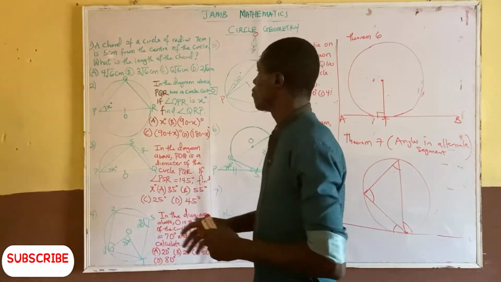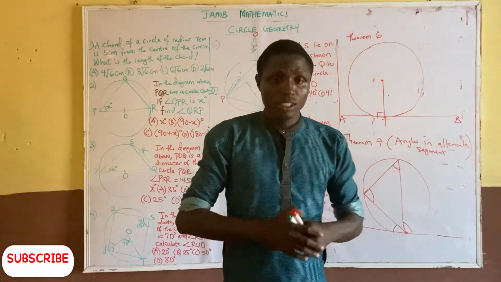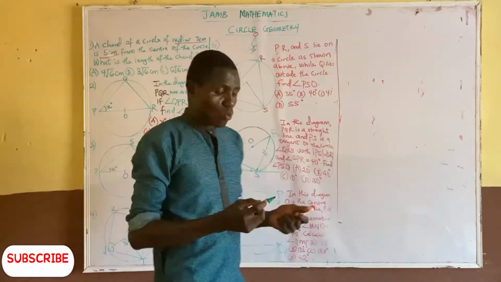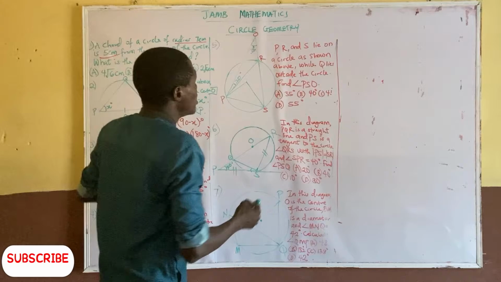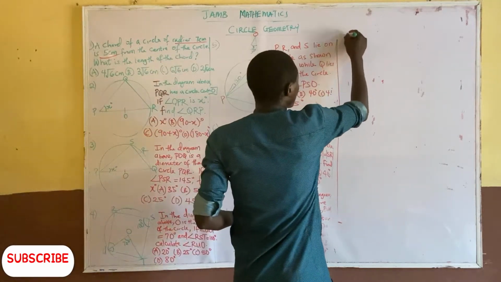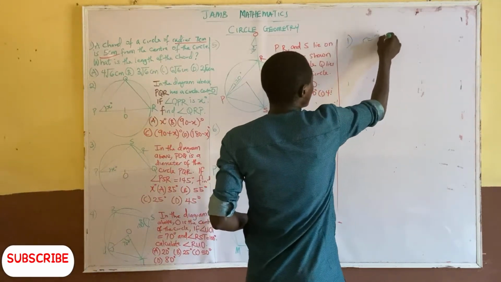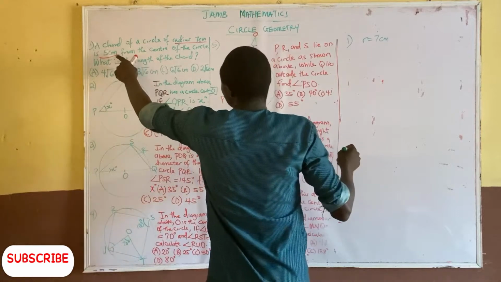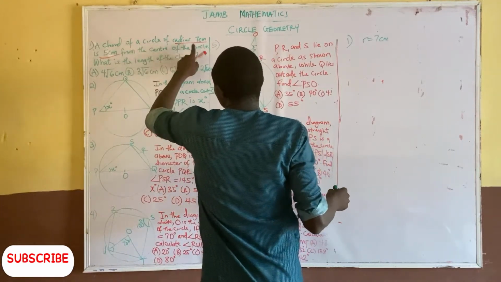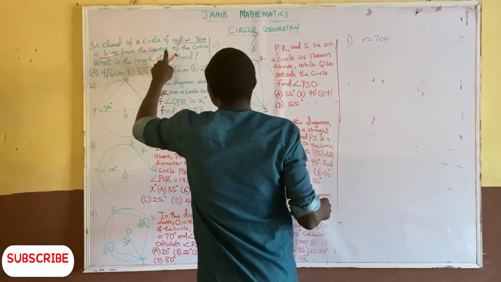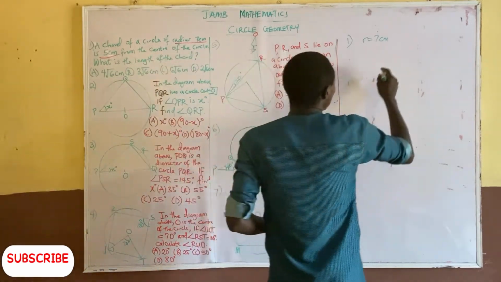JAMB question before us and answer the questions that we are being given. The question before us says that a chord of a circle of radius 7 cm. So in question number 1, R is equal to 7 cm, and the distance of the chord from the center of the circle is 5 cm. Now, if I have